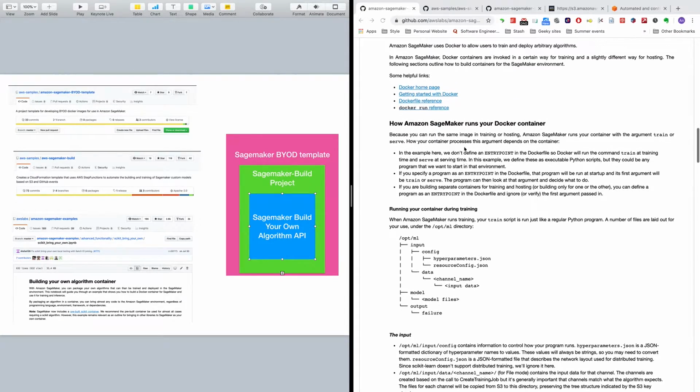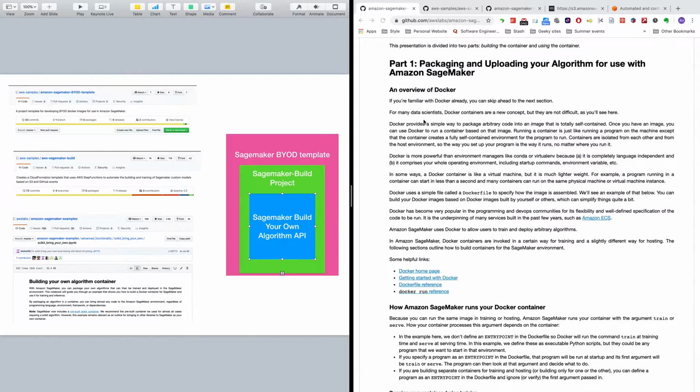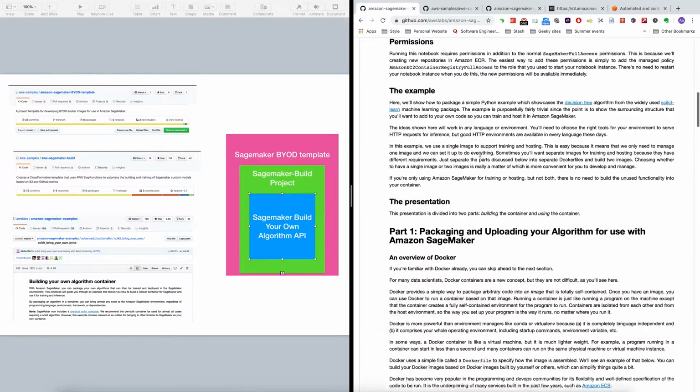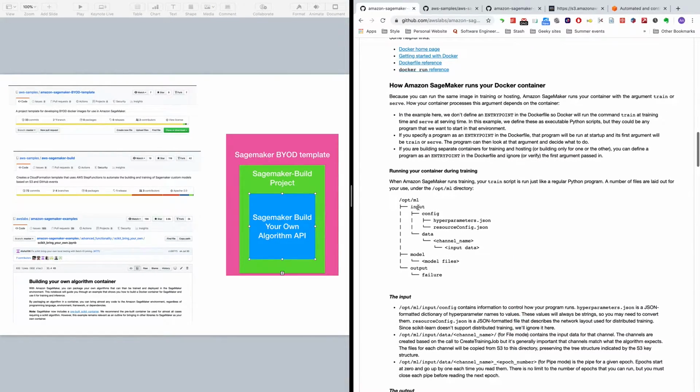It also talks about when to use your own algorithm, and it tells you that SageMaker is expecting that during running the training image, this will be the directory structure that your container would be run in. And this directory has folders for input, input configuration and input data, and it also